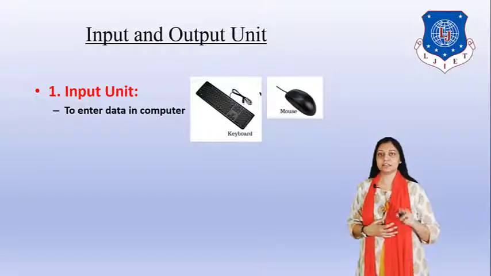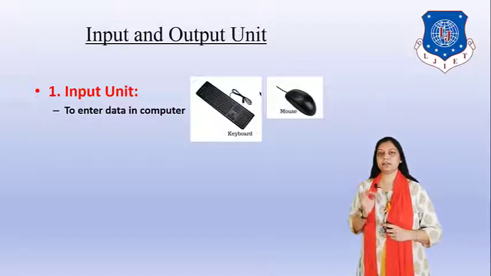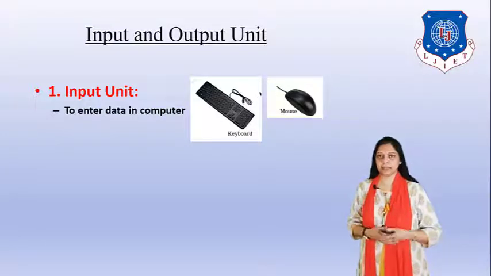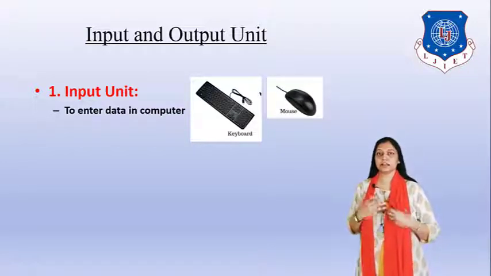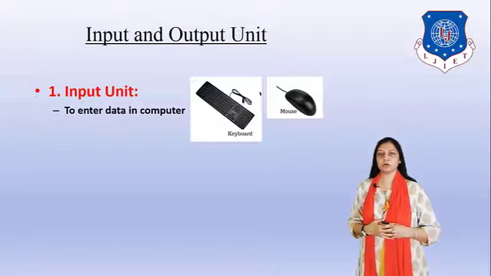Mouse is known as a pointing device. It is used to point to or select items or icons on the computer. Keyboard is for inputting alphanumeric data. Alphanumeric data means entering alphabets or numbers. To give such types of input to the computer, we take the help of the keyboard. There are also some special function keys available for doing specific tasks.